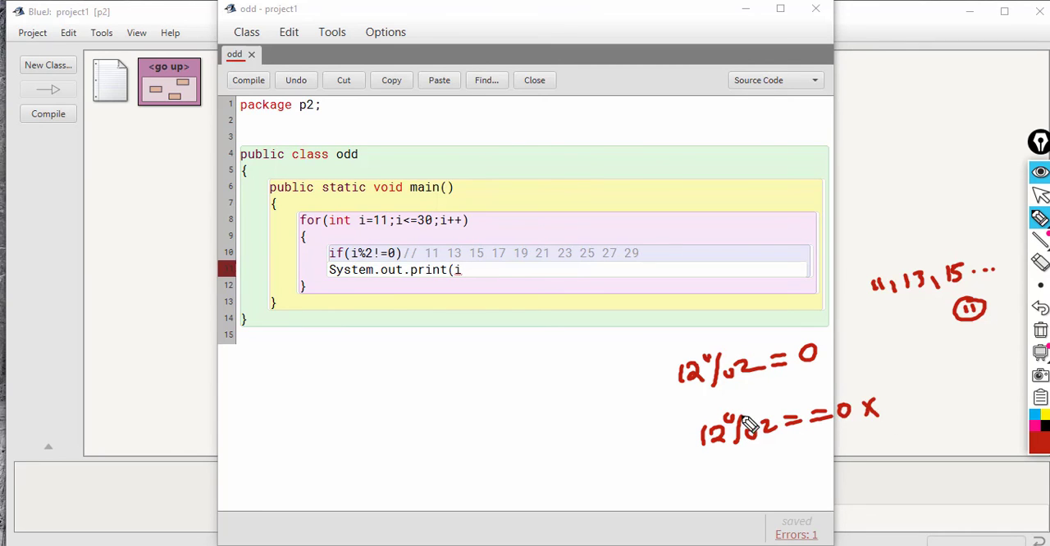Okay, so when we write according to this condition, 12 modulus 2 is equal to 0, this condition is false. Okay, if it is 13, 13 modulus 2 will be a non-zero value, which we can write as 1. Okay, 1 is a non-zero value, so this condition is true. So for all these values this condition will be true, so at that time we can print the value of I, isn't it? So we can add a space, otherwise all these values will be printed together. Okay,